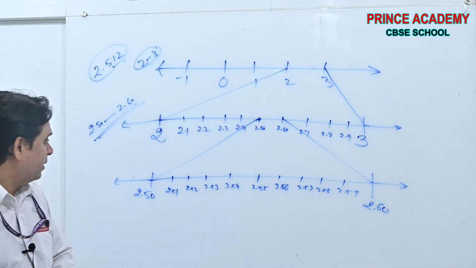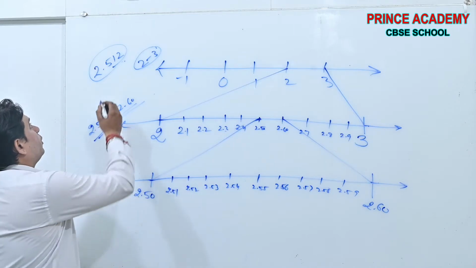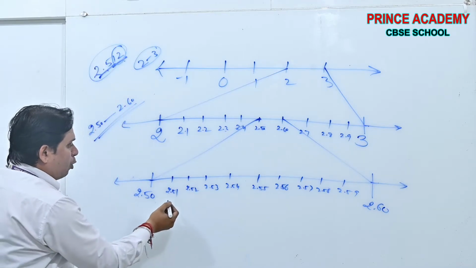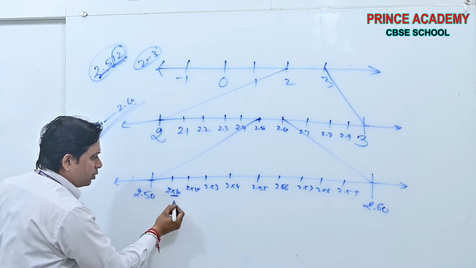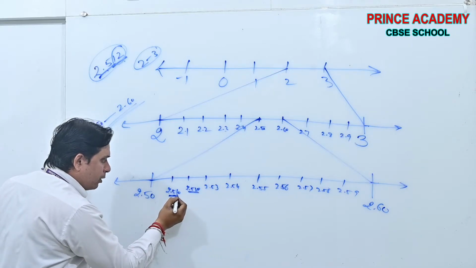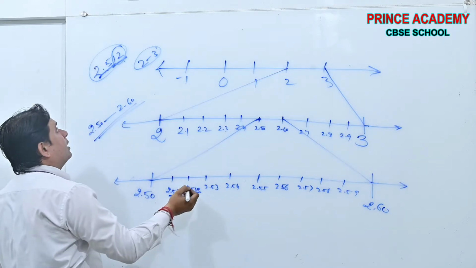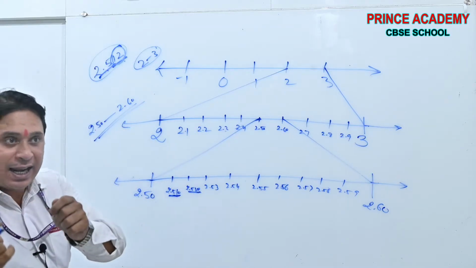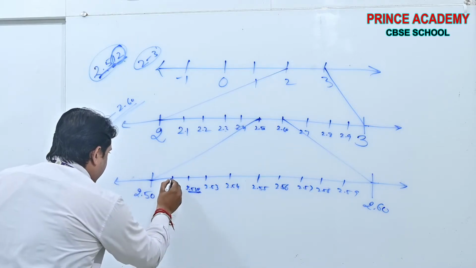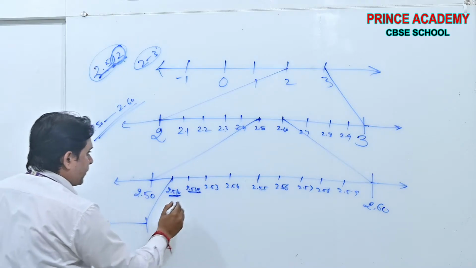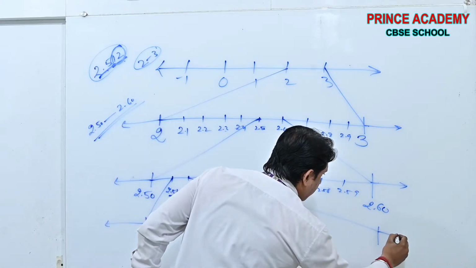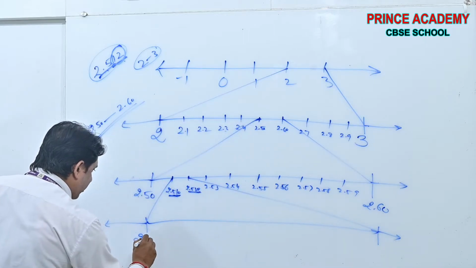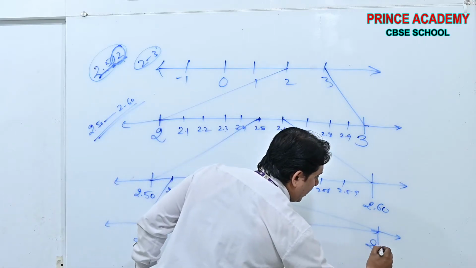Now again. Now 2.512, use these things, beta. This is 0, this is 0. 2.51, 2.52. If we put 0 behind, 10, 20, this 12 is in between this 10 and 20. Now take the lens, put on this gap. Here it will be like this. See beta, it will be like this. This is 2.51. This is 2.52.